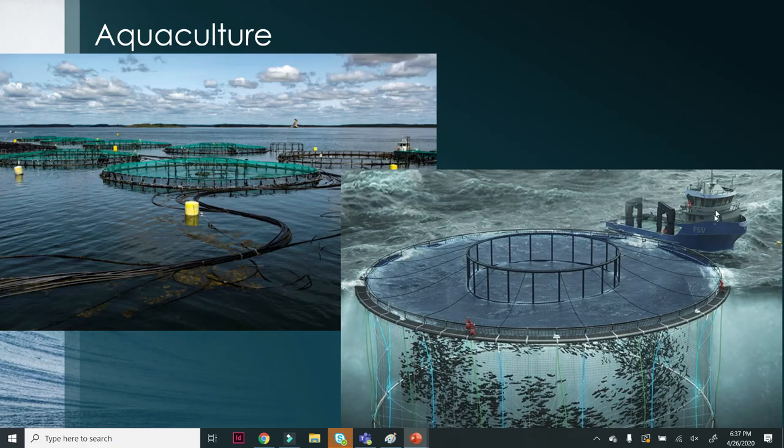We have a boat that comes from land and tends them because they need to be fed, they need to be given antibiotics, they need to be given medicine, they need to be harvested. So this is one of the boats that is tending to them. There's this walkway around it that people are able to walk on, right? It's covered with a net to keep birds from getting in there, right? And then this net hangs down, and it is a round pen that they swim around. Okay, and they're able to raise these salmon very efficiently, and they are able to make a lot of money